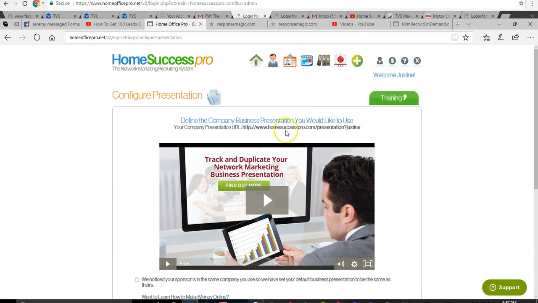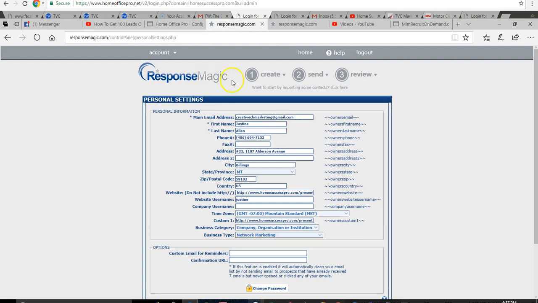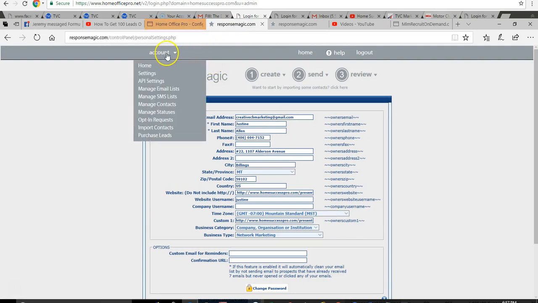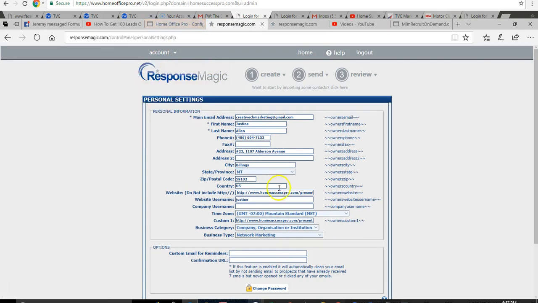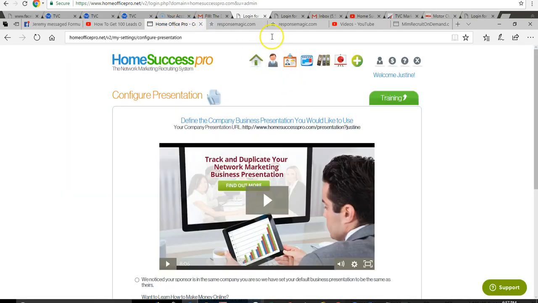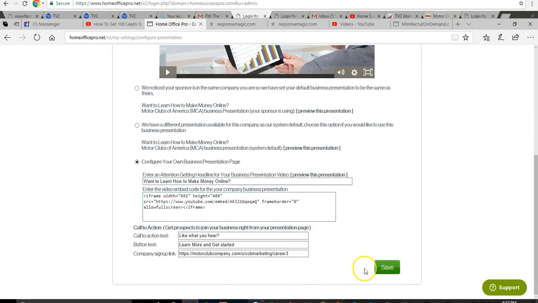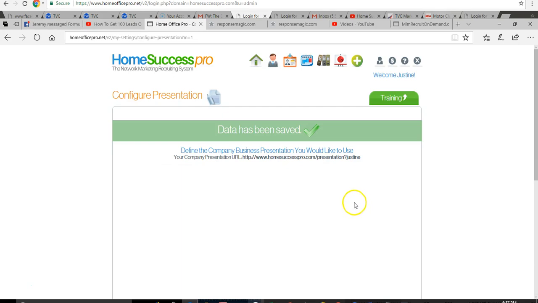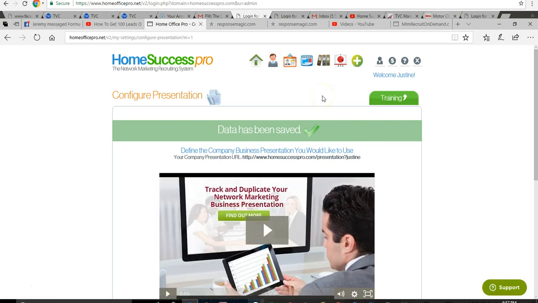That link there, you need to put in your settings. You need to put it right there so that when you are sending out that instant email to the person, it is going to go to your business presentation. Okay, so that gets configured. Now,